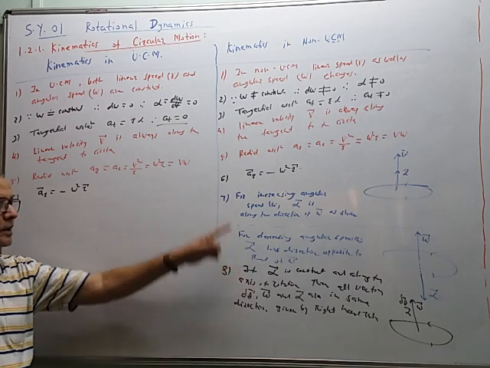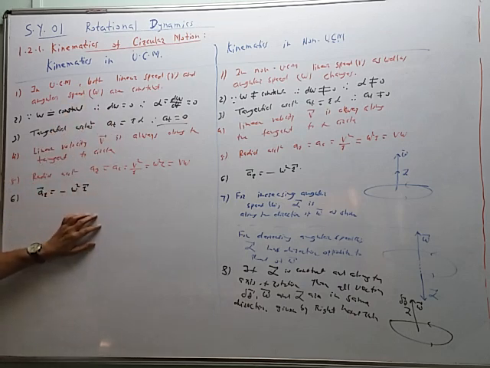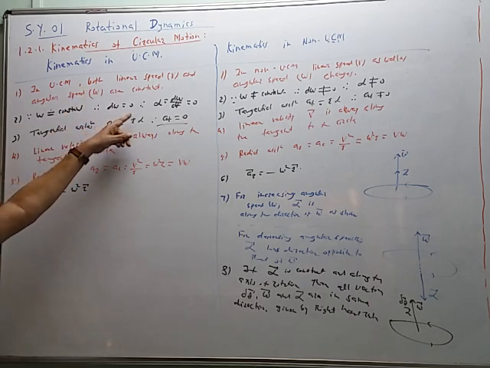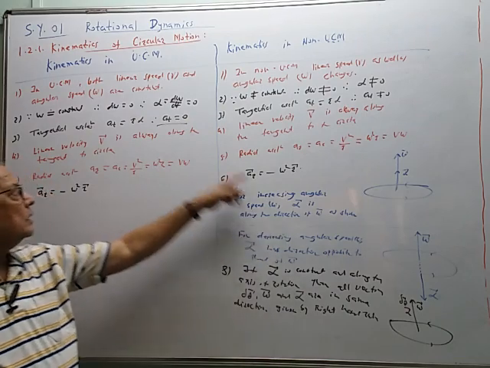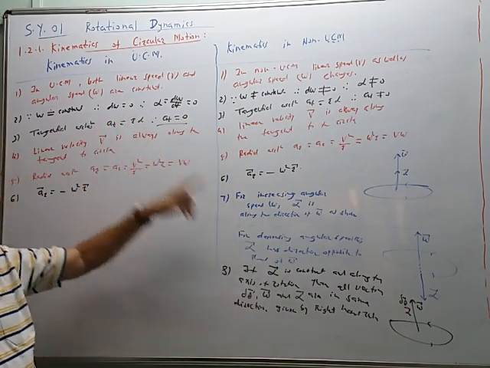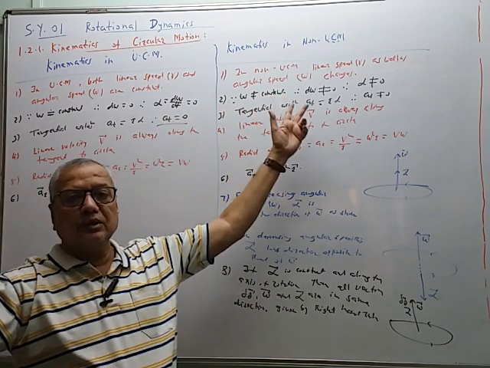So these 2 points are different for non-UCM. In UCM, alpha is equal to 0. So angular acceleration has no magnitude. Omega has some value. If it increases, then this is the case. If it decreases, then this is the case. But if it increases, decreases, then it will be the case of the non-UCM.